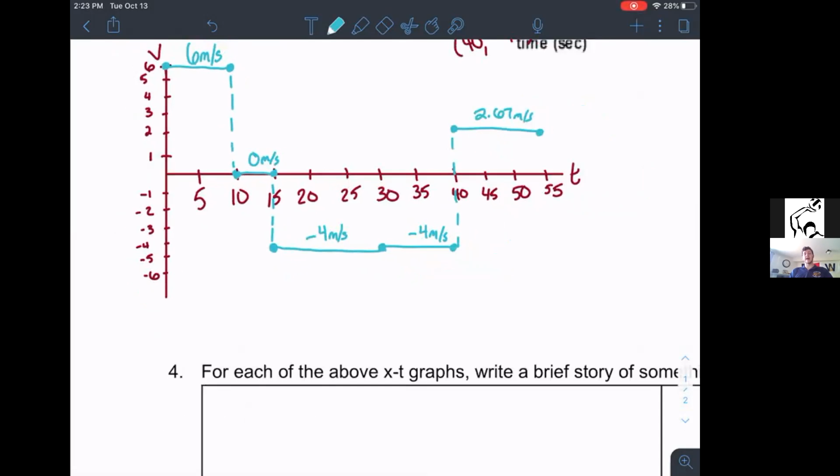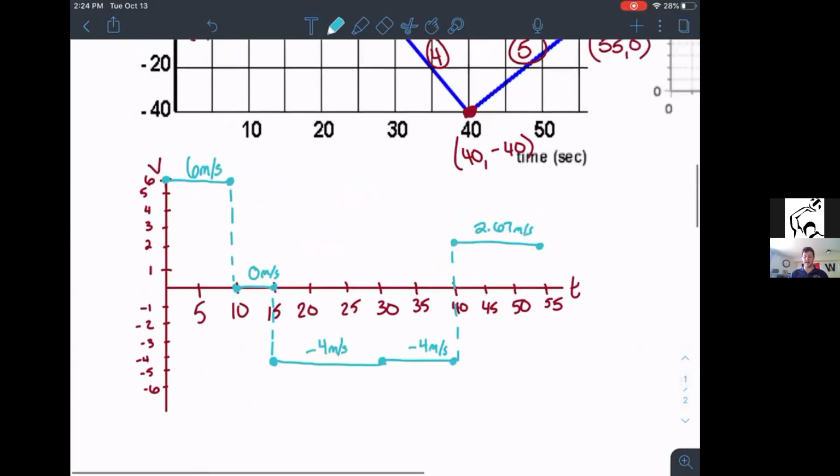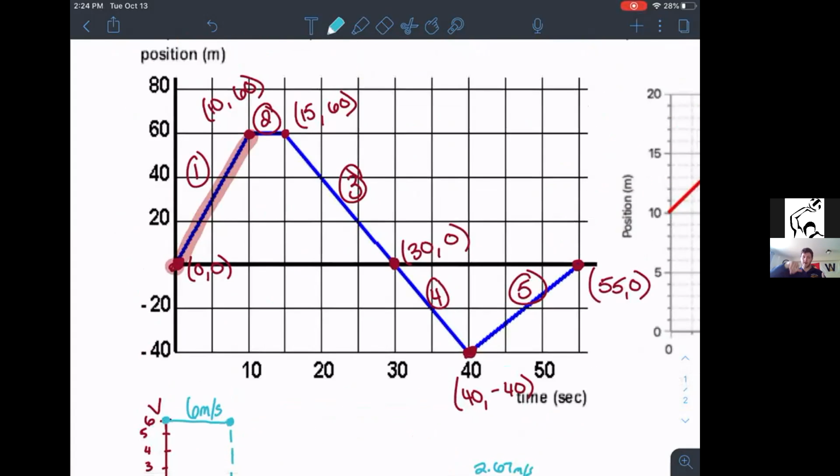So then the last step, after we make our stair step looking graph, because our velocities are all going to be constants because we're not curving the lines right now. No curved lines means that our velocities have to be constant values because our positions are increasing and decreasing at